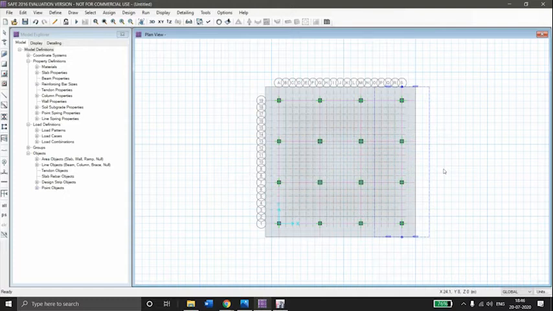The rebar properties have been changed to HYSD 500.